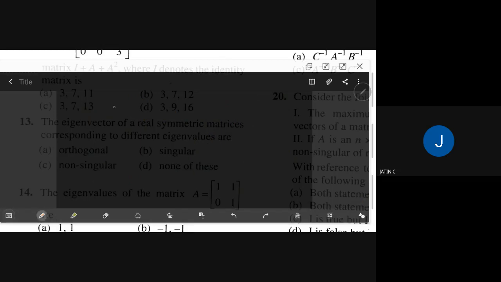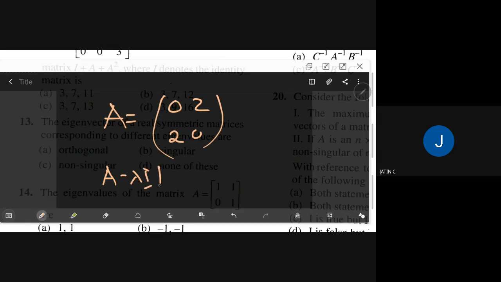So if A is some symmetric matrix, like I will tell you here, say 1 2 2 1, or the simplest one I will take, to demonstrate that, 0 2 2 0. You take this. This is a symmetric matrix. Its characteristic equation gives lambda square minus 4 is equal to 0. So lambda is plus or minus 2.